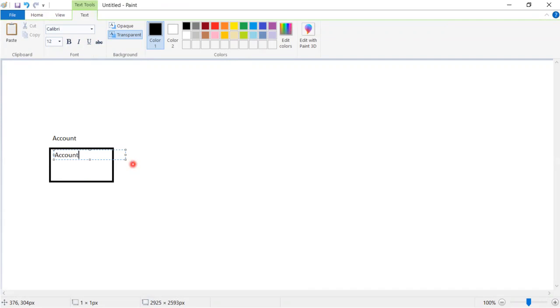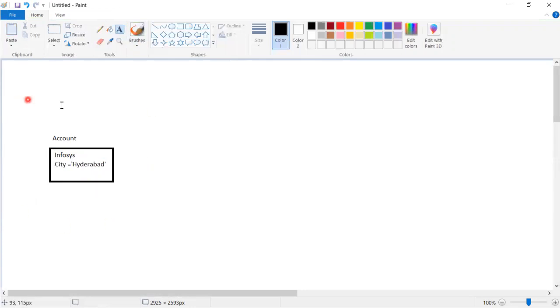Or else I'm creating the Infosys account. Whenever the account is created, for this Infosys, I have received a call and it is from city, let's say, Hyderabad. We received a call specifically from Hyderabad. So whenever this account is created,